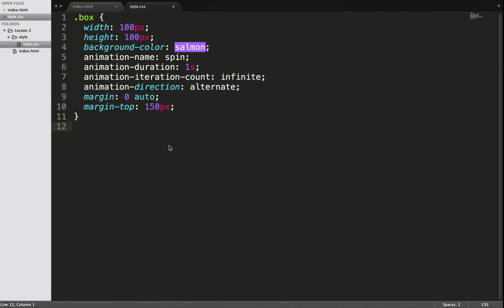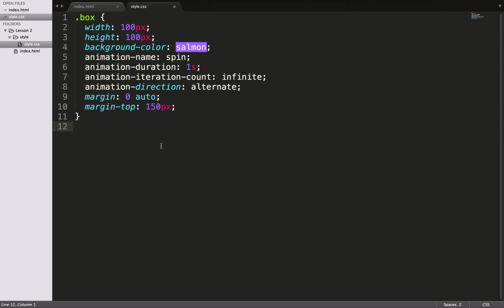So what do we have there now? Just an unanimated div. That's because we've connected box to an animation, but the animation doesn't exist yet. We haven't made it. So to create the animation spin, do at keyframes spin